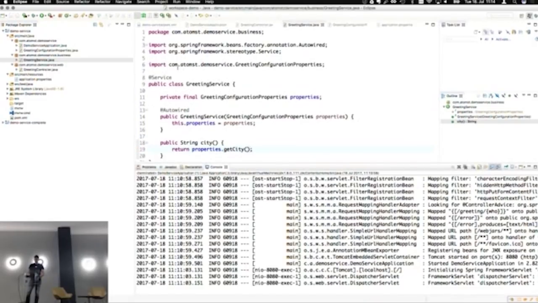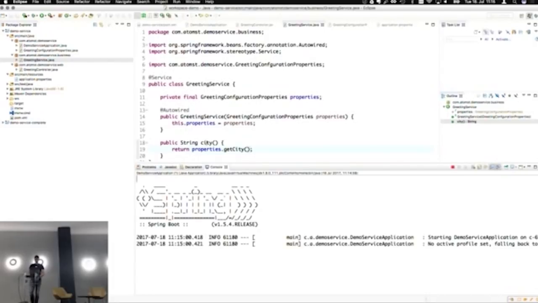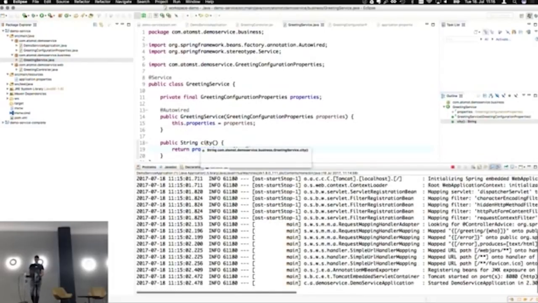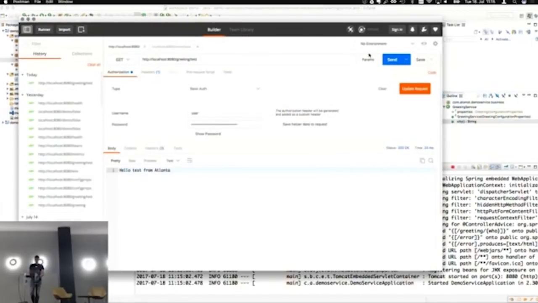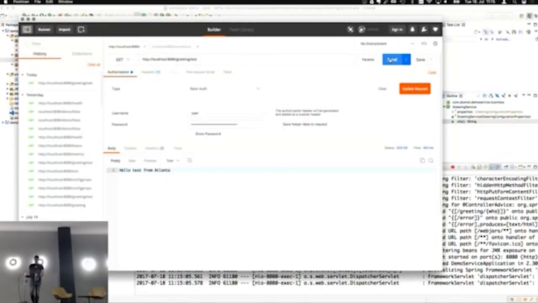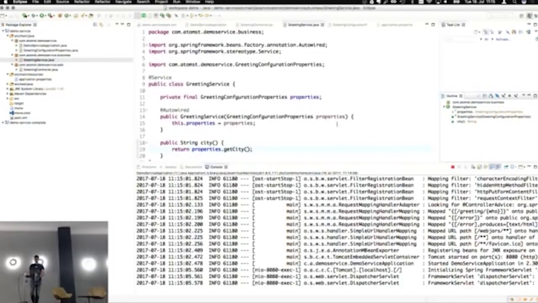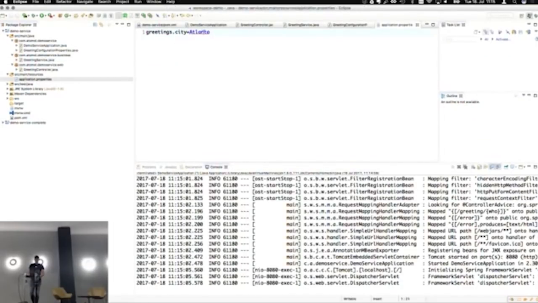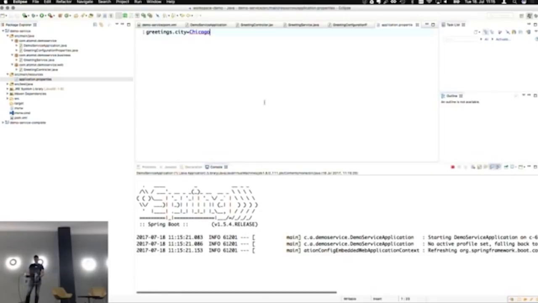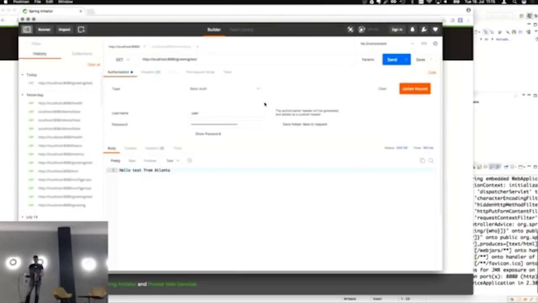Okay, let's see if this still works. Yes, it does. So let's change something for a change to see if it actually does work. Yep. Right. So that demo worked, luckily.